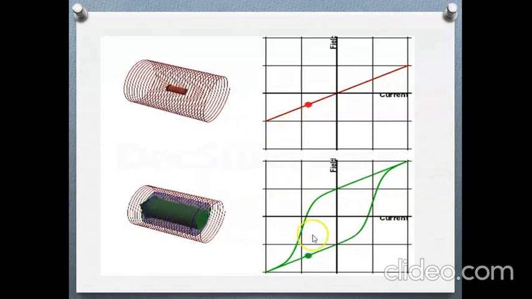These are the two different hysteresis loops for two different materials. This is the straight line when it is magnetized or demagnetized. When we magnetize or demagnetize with the help of this coil, if we get a straight line and not a curve, then the material is a non-magnetic material such as air. For air we get this straight line, and for all the magnetic materials, we get this type of curve. This is known as the hysteresis curve, which I already discussed. This is for non-magnetic material, and this is for magnetic materials.